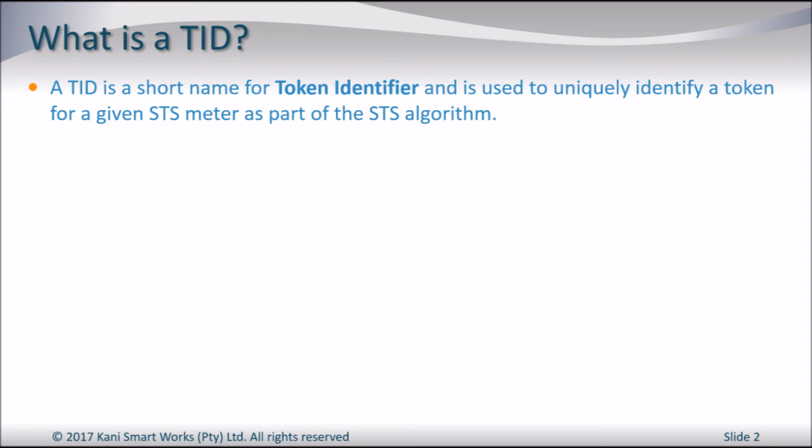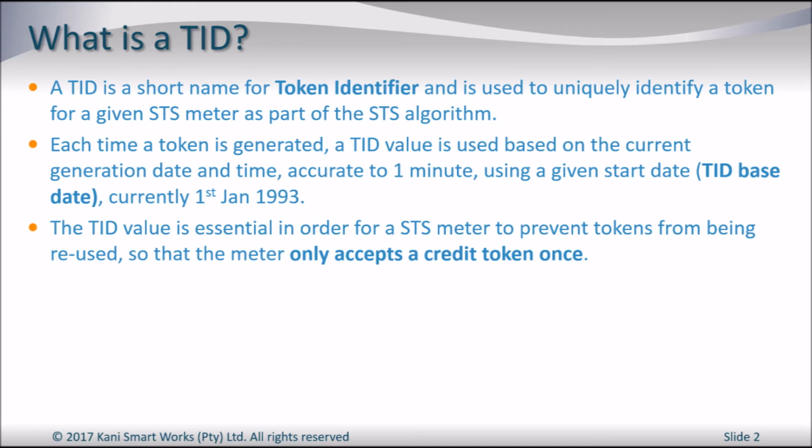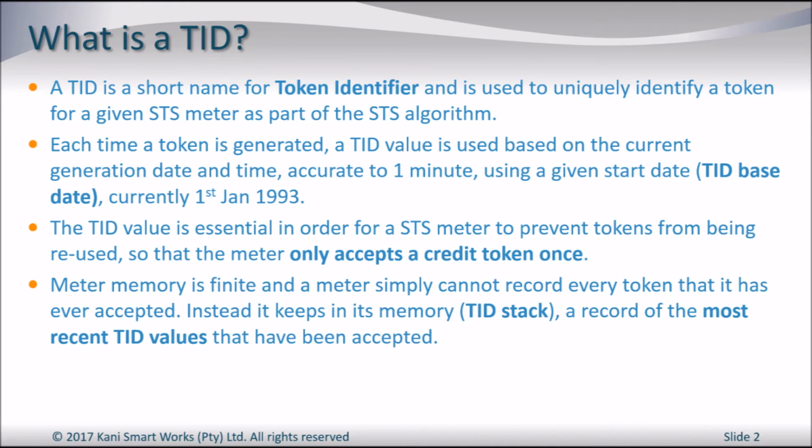A TID is the short name for Unique Token Identifier defined in the STS specification and part of every credit token to ensure that a token can only be entered into a meter once. As per the STS specification, it is based on time in minutes since a known base date, the original base date being the 1st of January 1993, and is accurate to 1 minute. When a meter accepts a token, it records that TID value in its memory, what we refer to as the